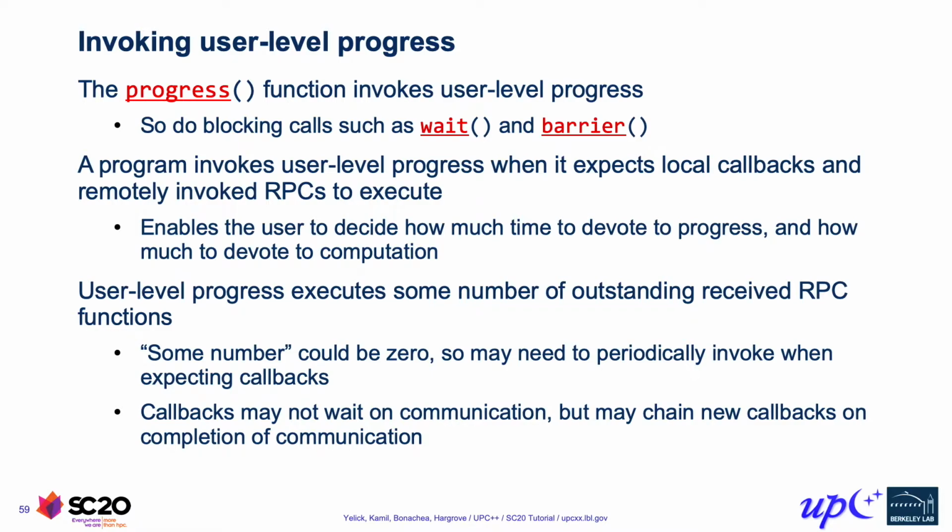Within a callback, you can't actually directly wait on communication because, as we mentioned, anything that's visible to the application is something that happens in progress. And if a callback is already being executed, UPC++ won't invoke a different callback at the same time. So a callback itself can't wait on communication, but it can chain things on the result of asynchronous operations. So it's perfectly legal to, for instance, chain a new callback on an existing future, or to initiate new asynchronous operations within a callback.